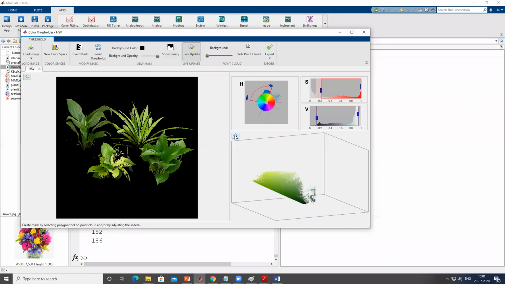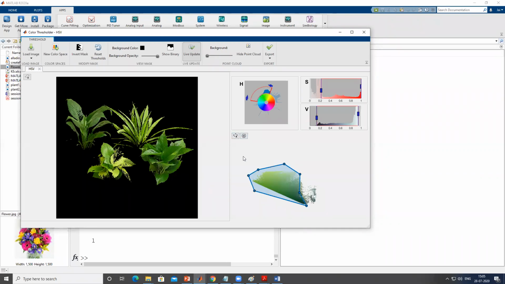Or I can use this polygon selection method also, in which I decide which area I'm considering for the leaf after applying the color wheel. This says that I'm going to discard the other pixels which are lying outside of this closed polygon, and only the inside part will be treated as the filter.